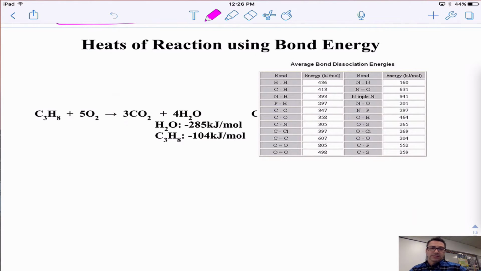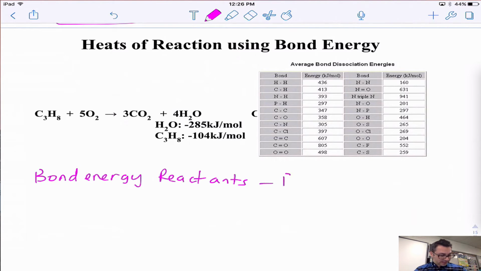And we can do this by using a table of bond energy charts. But the format is a little bit different. And it's different because when we do bond energy, we do the energy to break the bonds. So the bond energy of the reactants, because the reactants, that's what we're breaking apart, minus the bond energy